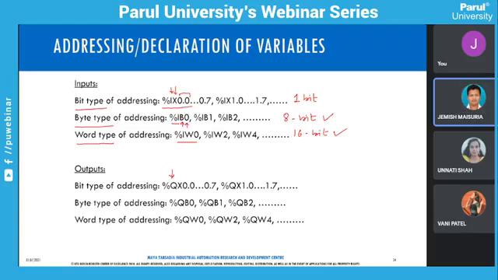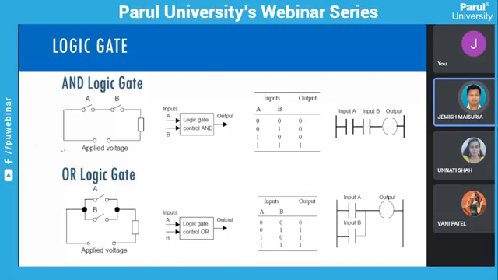So now the basic circuits which we can develop in the PLC are the AND and OR logic gates, whatever logic gates you can develop. As we all know, the AND logic gate will perform what? If both the switches or both the inputs are 1, then you will get the output 1. So what we'll do, we'll connect the switches in series. So when both switches are on, it will give the output to this particular output coil and it will be operated. So it's easy. Same way, OR gate: if any one switch is on, your output will be on. So we are just connecting them in parallel.